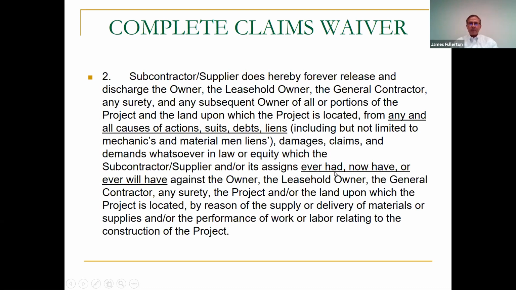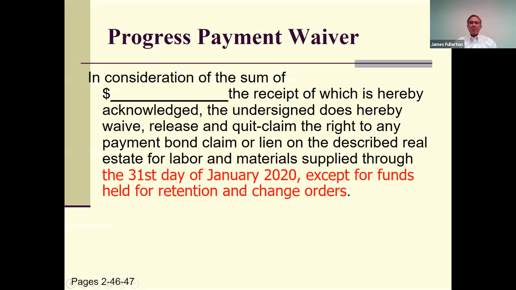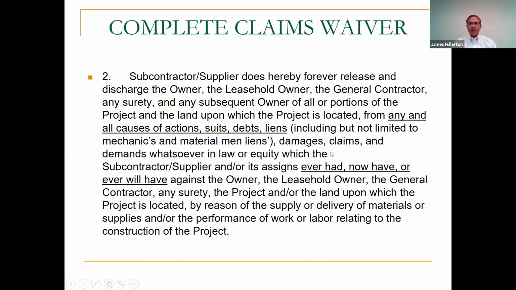Parts of it are just like the lien and bond waiver, whether you're waiving lien and bond rights for materials supplied through today, but this is also waiving any and all types of claims, all causes of action, suits, debts, liens, bond claims, everything. So in other words, I want you to have some recognition of the difference. You might be waiving just lien rights, or you could, in a progress payment waiver, be waiving any claim of any type. You're giving up your rights to